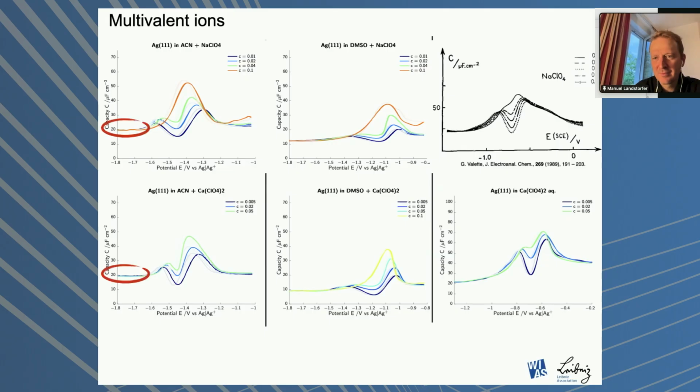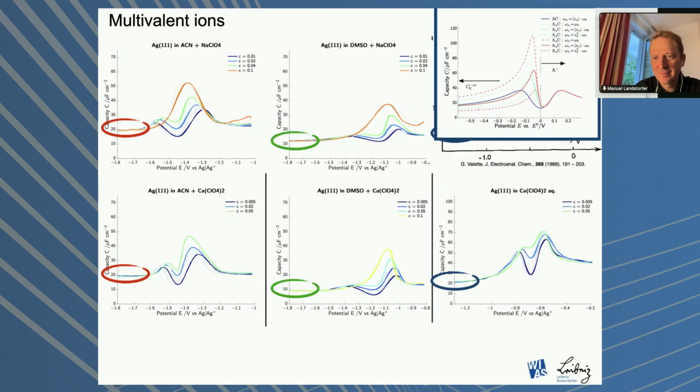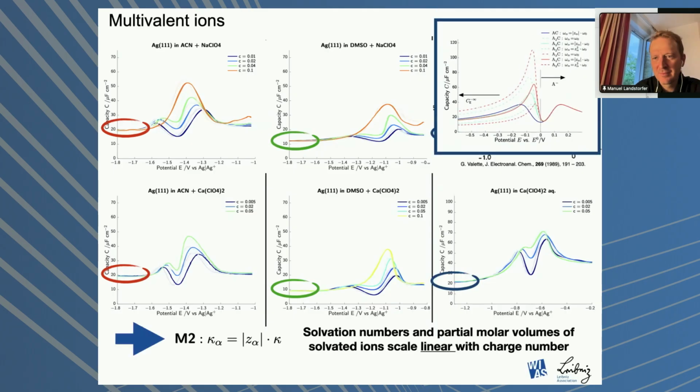And you find again that the capacity value for very negative potential values remains equal among the different solvents. And this again suggests that solvation number scales linearly with charge number, which did surprise me in the first place a bit, because I assumed maybe that there is a square happening, but it doesn't seem to be the case. There are experiments going on right now also on 3-valent ions in order to complete this data set, but that's so far the understanding we have.